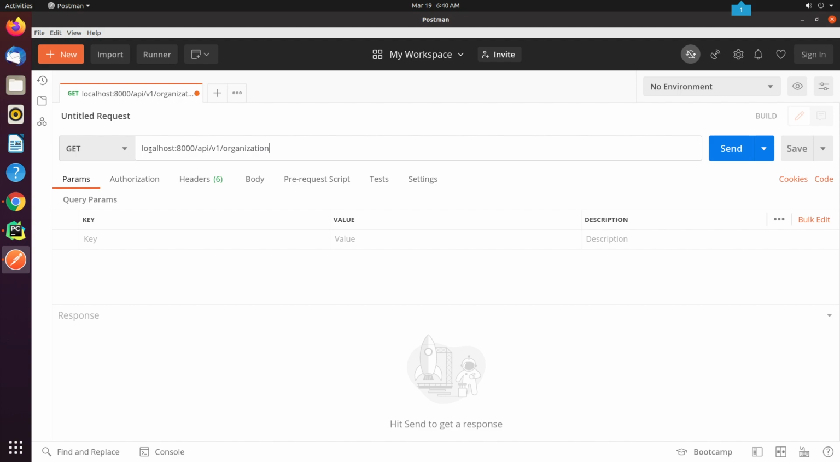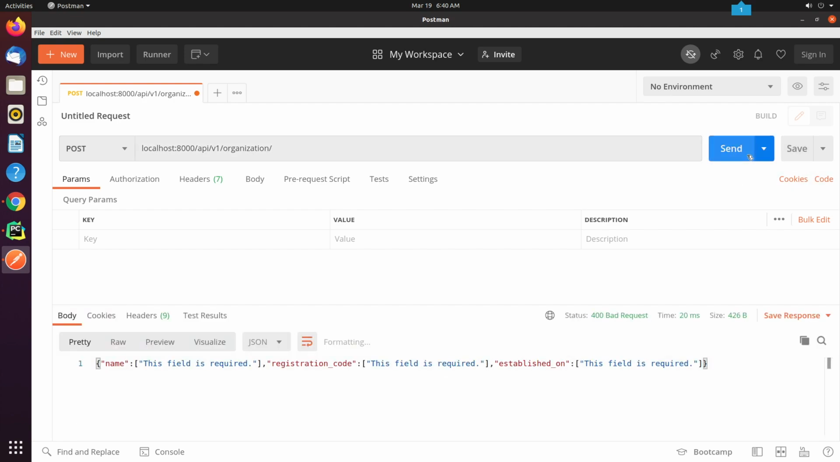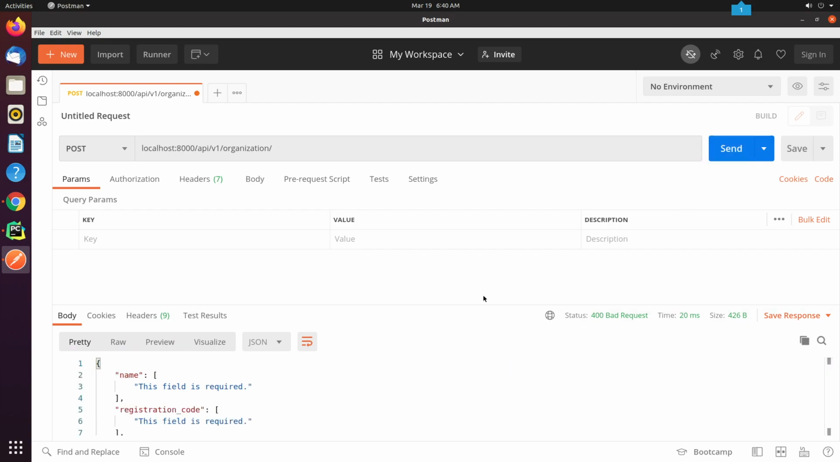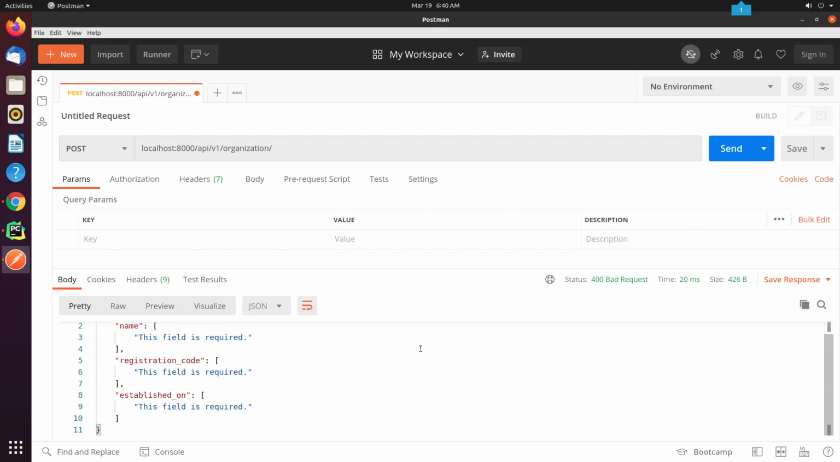I'm now going to provide the organization route. We'll be performing a POST request to store organization information in our database. Oops, looks like I missed the /. Okay, it's working now. As you can see on my screen, the API is returning a 400 bad request because